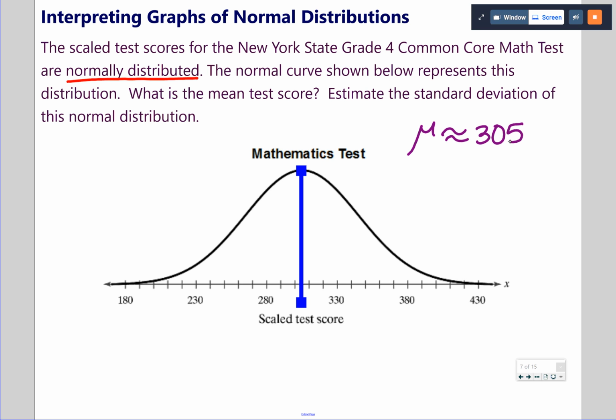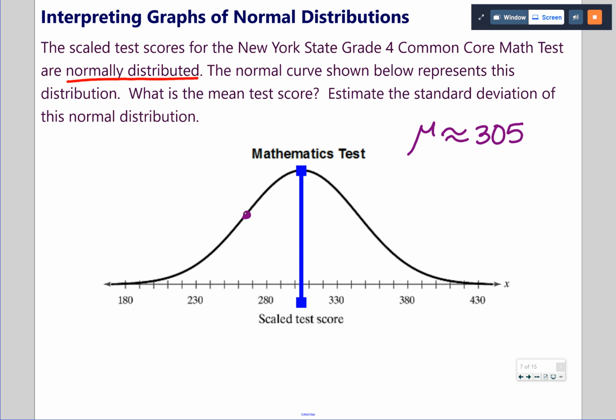Okay, so now on this one, we don't have the inflection point. We want to find the inflection point. So again, what we're looking for is where this curve changes from concave up to concave down. So it's going to be close to the middle of the side of one of your curves. Usually it's a little bit closer to the top of the hill than the bottom of the hill if you're not sure. So do the best you can as far as estimating that goes. I'm going to say